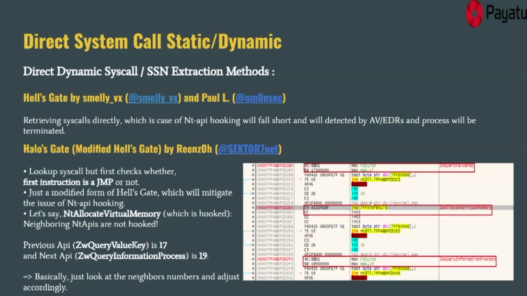You can see this picture. We want to call a particular API called ZwAllocateVirtualMemory, and we know that that particular API is hooked. What we do is check its neighboring APIs. In this case, the neighboring system call numbers are 17 and 19. So we add 1 to 17, which becomes 18, and subtract 1 from 19, which becomes 18. That means the system call number of the ZwAllocateVirtualMemory NT API becomes 18. So now we have the system call number of this hooked NT API, and via that we can execute that NT API, and that's how we are able to evade